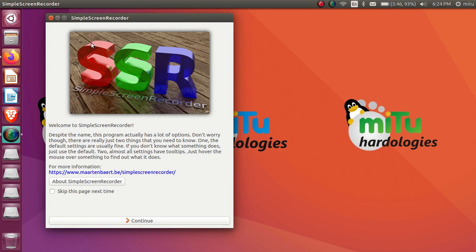So you can see this one. When you open this, you'll find one icon present over here. The Simple Screen Recorder's icon, by which you can see Simple Screen Recorder is now active here. And now we have to set the properties of it. So first of all, you have to decide your content, your topic, what you are going to do, and after that we just start recording. So this is the first screen of it. I'll just click continue.